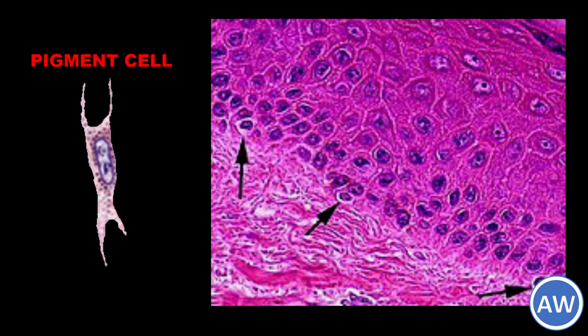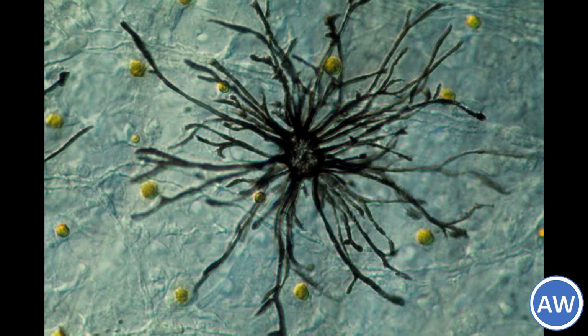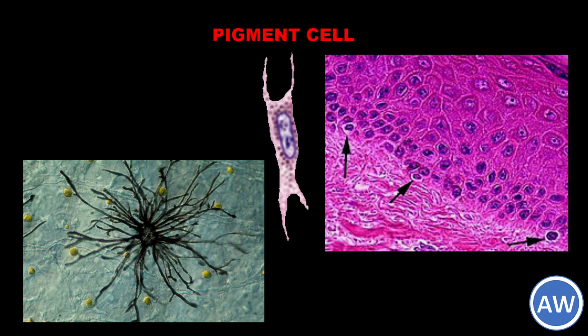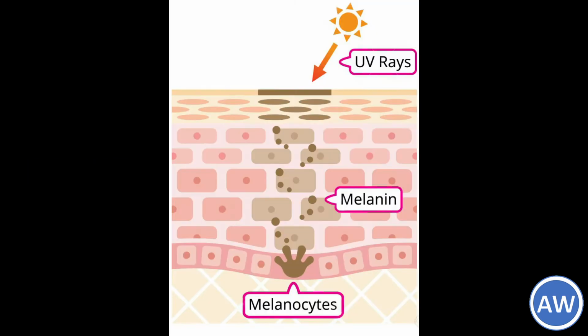Now, only a few pigment cells are capable of synthesizing melanin. These are called melanocytes, and they are derived embryologically from the neural crest cells. The remaining cells are those that have engulfed the pigment released by the other cells, and those are called chromatophores or melanophores. The pigment cells in the skin protect the deeper tissues from the effect of light, especially ultraviolet light. The darker skin in tropical climates is an obvious adaptation.